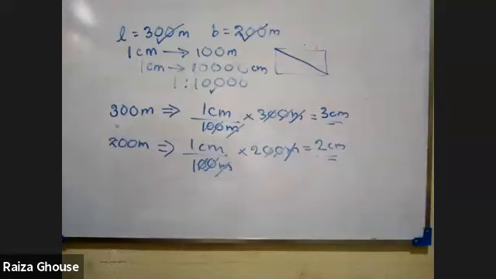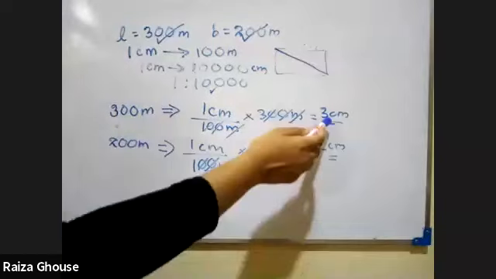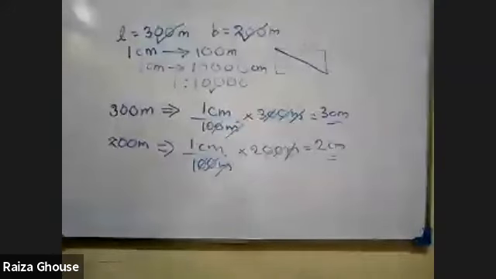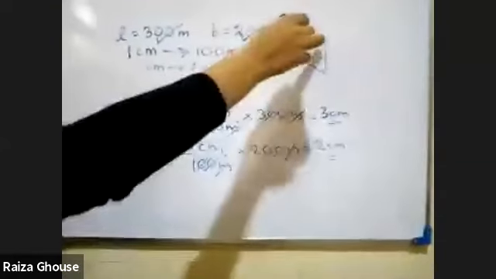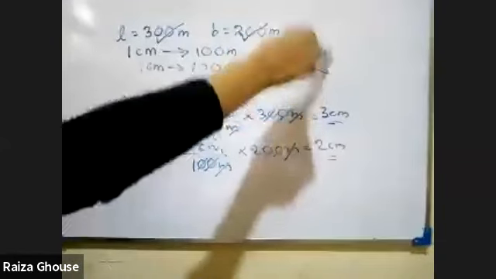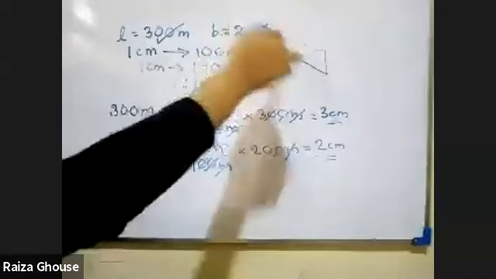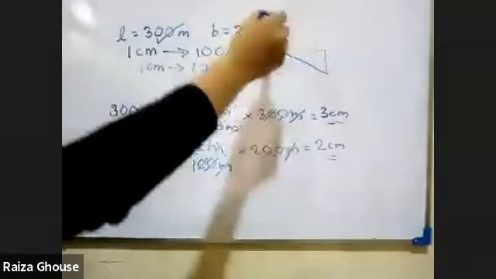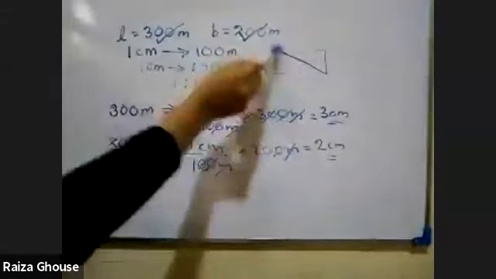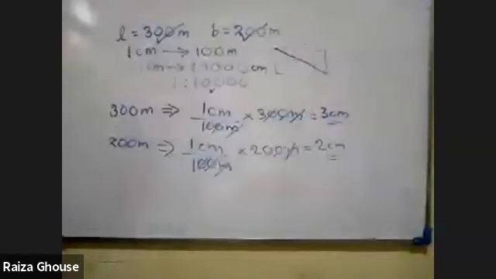Yes, Hajara Yusuf. Miss, how to draw the scale according to the question you gave now. In this question, I found the length and the breadth, 3 centimeter and 2 centimeter. Take your ruler, keep it in your book and measure 3 centimeter for the length, draw it. Then measure 2 centimeter for the breadth and draw it. Here also the breadth and length. Join them and you get a diagram. After that, join the 2 vertices and draw the diagonal. Measure the length of the diagonal in centimeter, and that is the length of the diagonal, right?